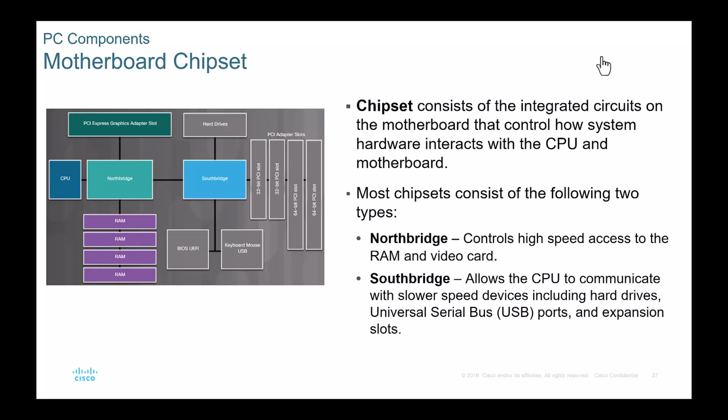So your chipset is all of your integrated components. So this is going to be like your audio, your LAN, if you have onboard video, that's all going to be tied to the chipset itself. So if you see ports that are on the back of the board itself, those are all going to go back to our chipset. Now our chipset has two very distinct processors, if you will, or sections that process data. We have our north bridge and our south bridge, okay? Our north bridge is very, very fast, okay? It can get information back and forth very quickly because it's the closest to our CPU, okay?